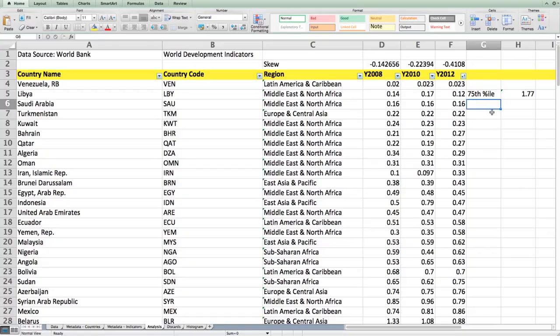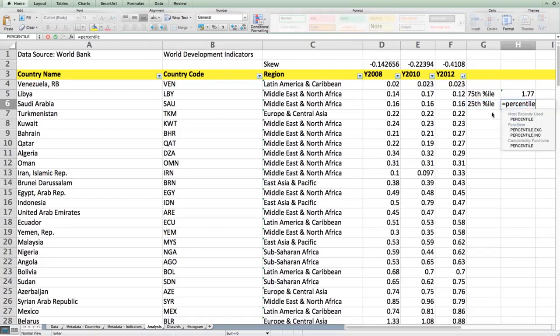Okay, how about we calculate the 25th percentile? Sure, I'd like a revision. And calculate my 25th percentile as percentile f:f 0.25. So if I were to scroll down to $1.107 or approximately